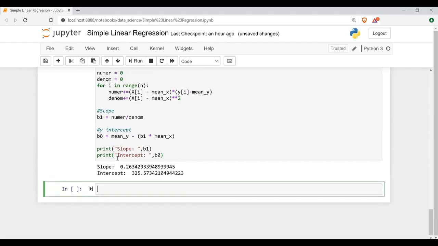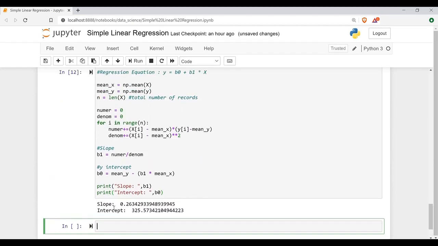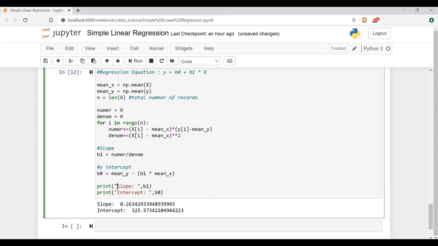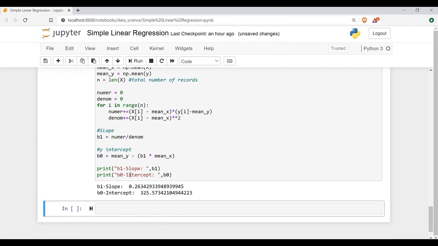Once we run this, we are getting a slope as 0.2634 and intercept as 325.57. So this is what we got here, that is b naught and b1. b1 value is the slope, and b naught value is the intercept. So we found the b naught and b1 values.